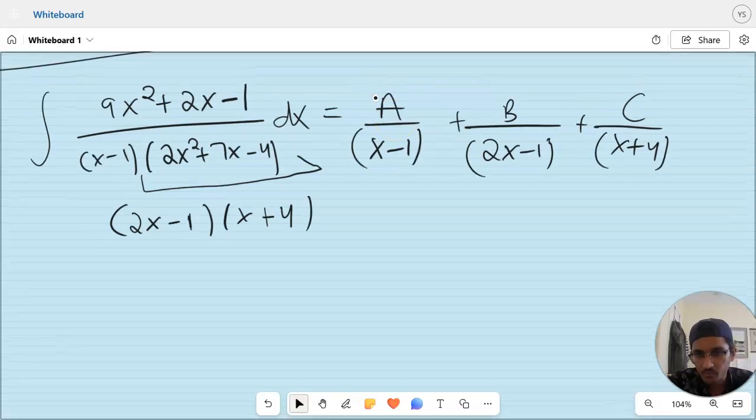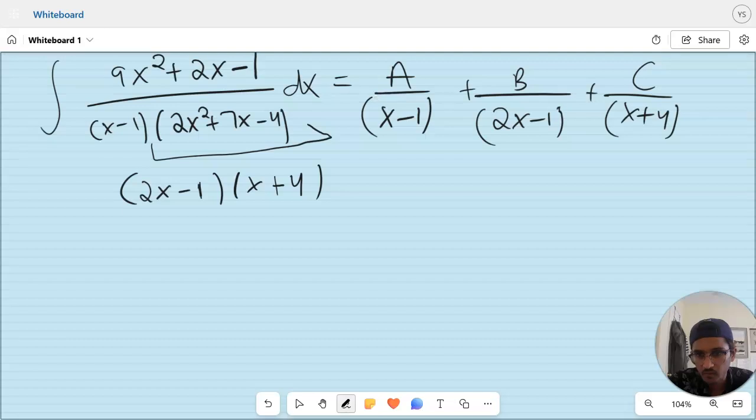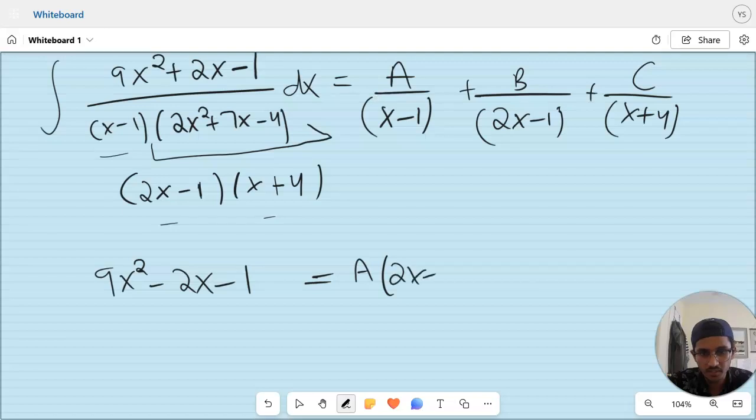Alrighty, so we got our three fractions. Now let's multiply all three. On the left-hand side, it's going to cancel out everything, so we're just left with 9x squared plus 2x minus 1. On the right-hand side, since we have three fractions, we're left with A times (x minus 1)... I mean, A times (2x minus 1) and (x plus 4)